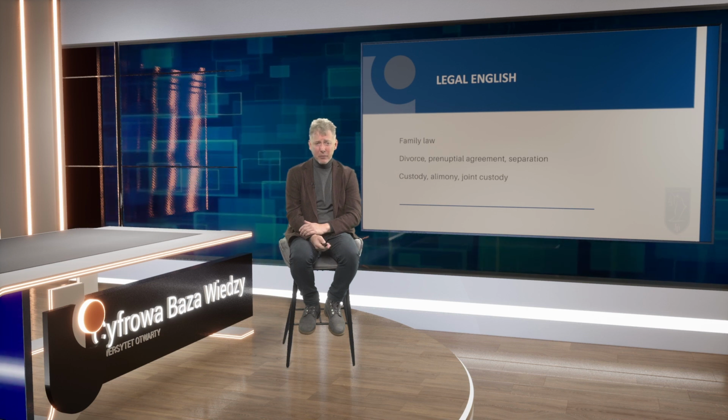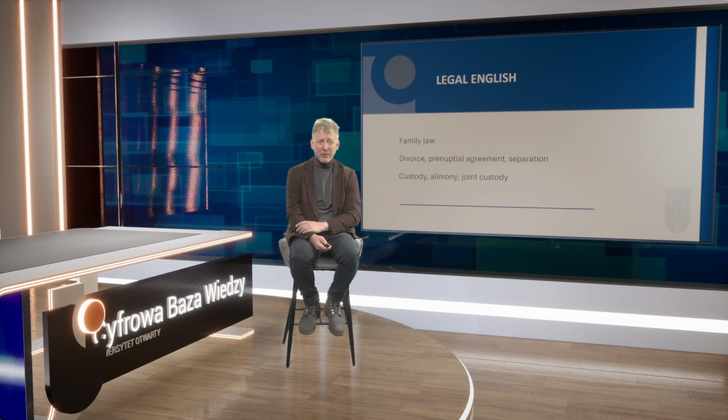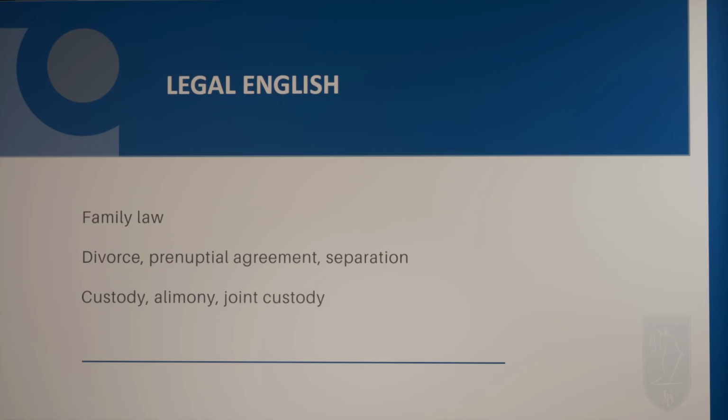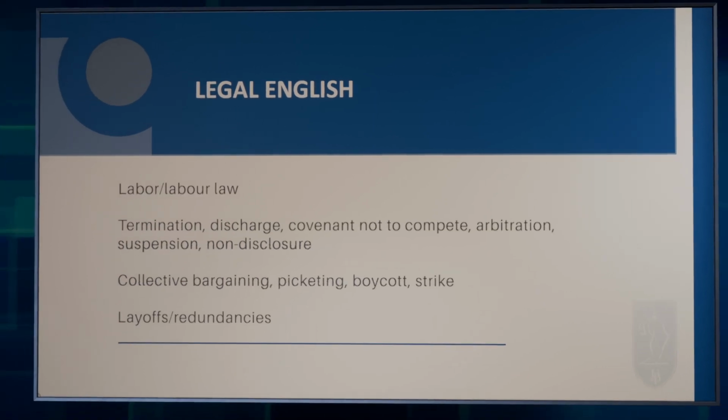Family law has some basic issues that most of you are probably aware of, and divorce I don't need to explain further. Some specific issues or linguistic terms would be a prenuptial agreement, when the parties agree between themselves, often when they have a lot of resources, they're quite wealthy, how to distribute things in case they get divorced in the future. So this is done before the marriage, and it anticipates, unfortunately, that the marriage may end, and the parties agree beforehand how the assets will be divided.